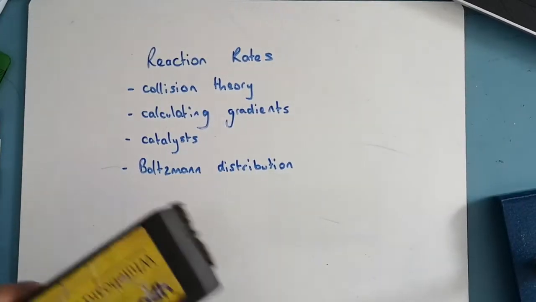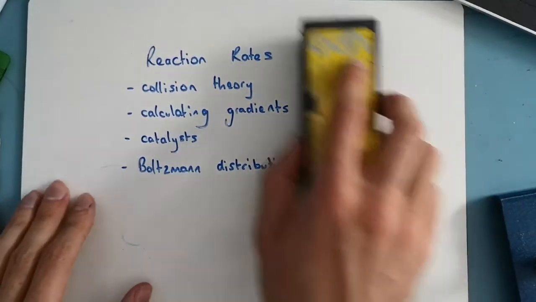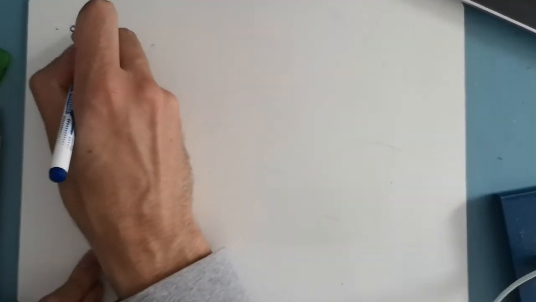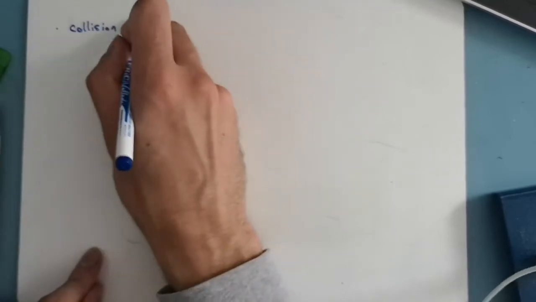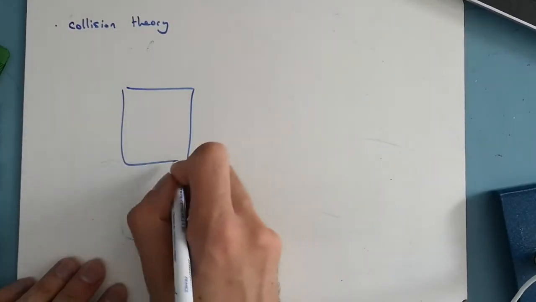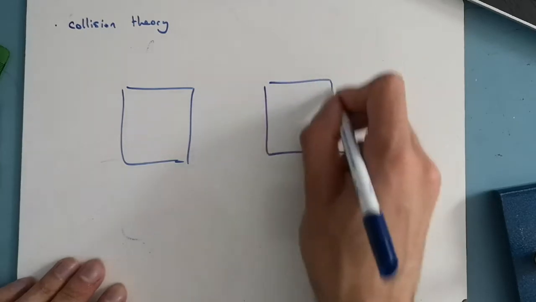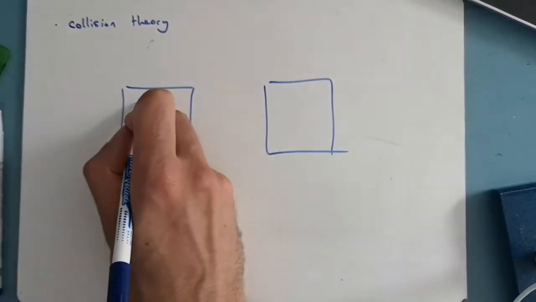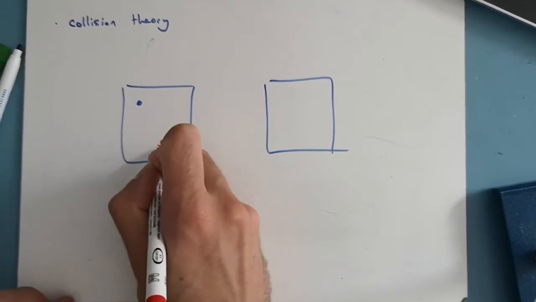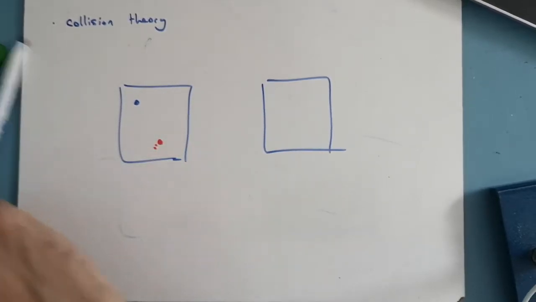So, key thing with recap of collision theory to begin with is just the idea that a reaction will go faster if there are more collisions. So if we had two equally sized containers with reactants in, moving around,